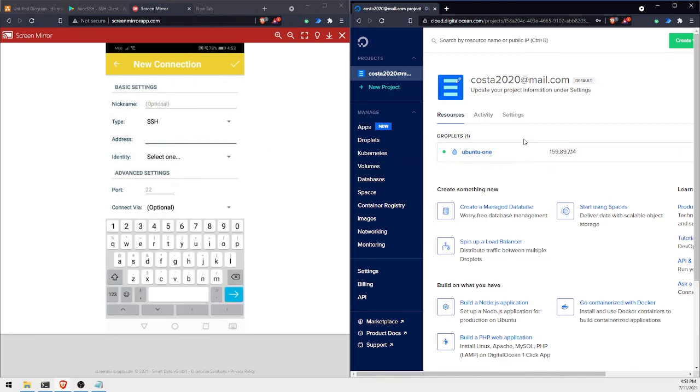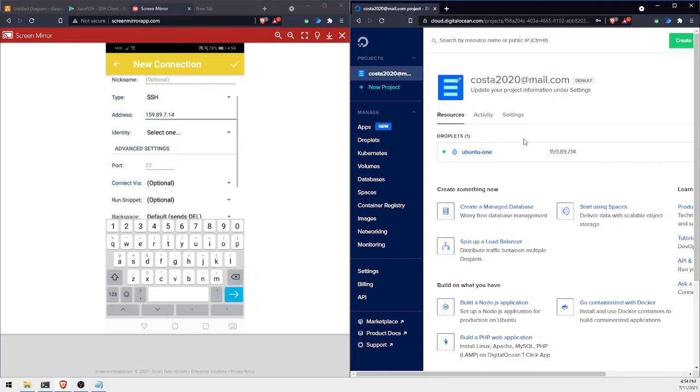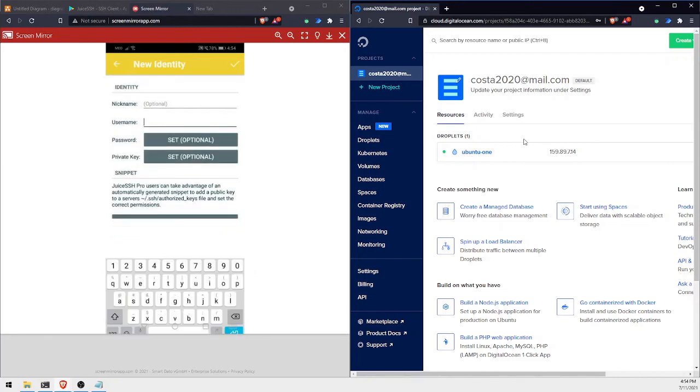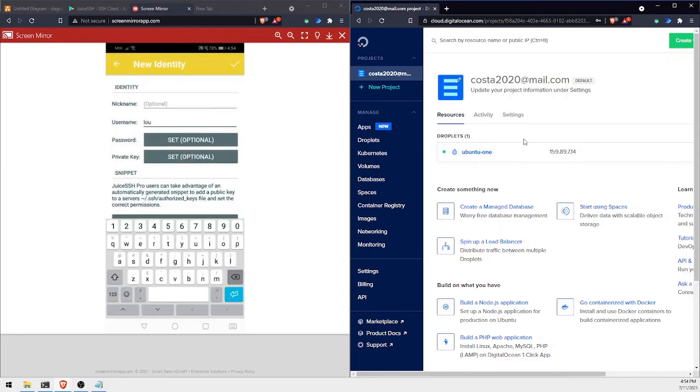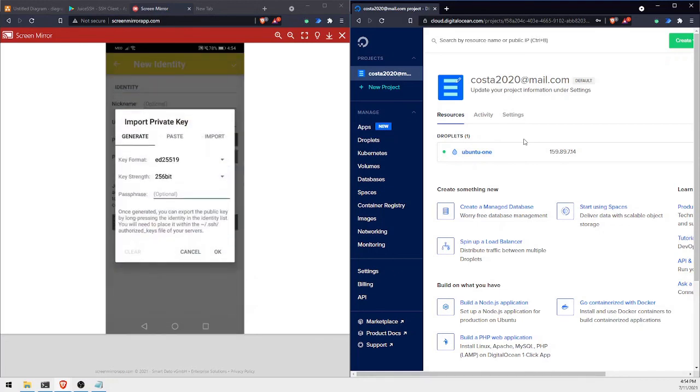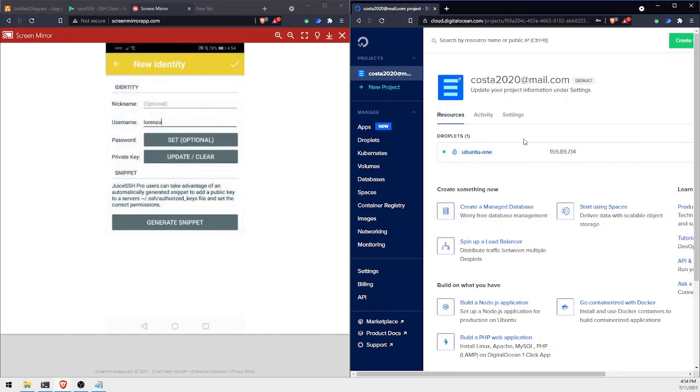All right. Identity, new identity. The username is the username on the Linux machine. Okay, we will set a private key. Okay,